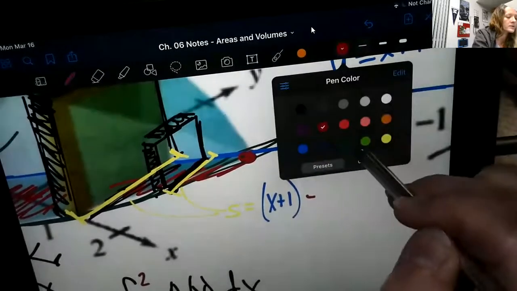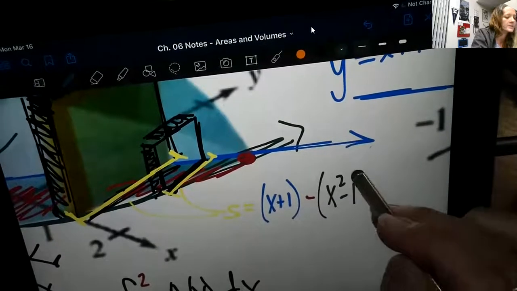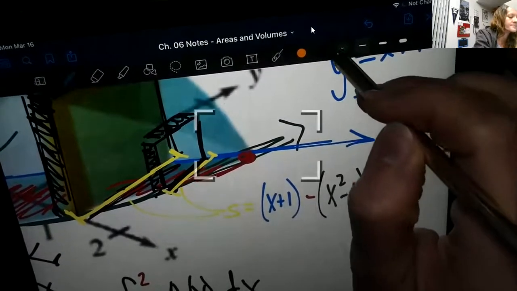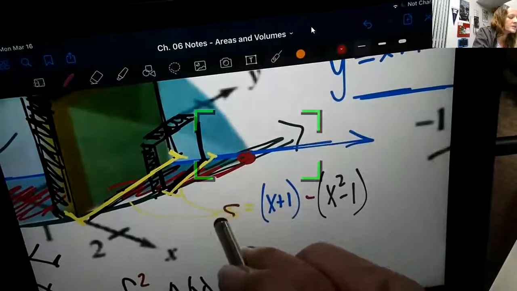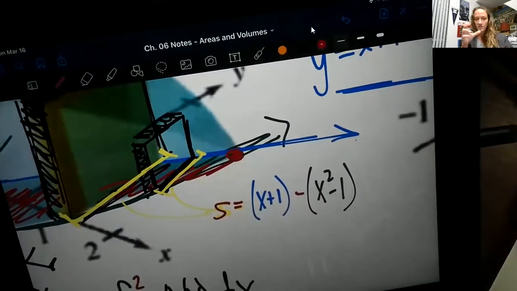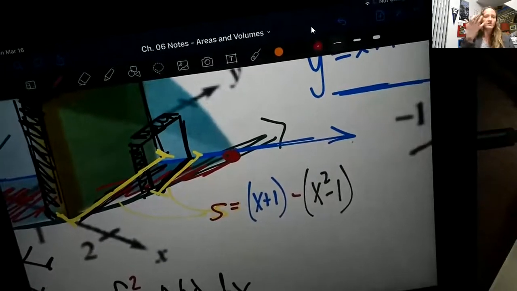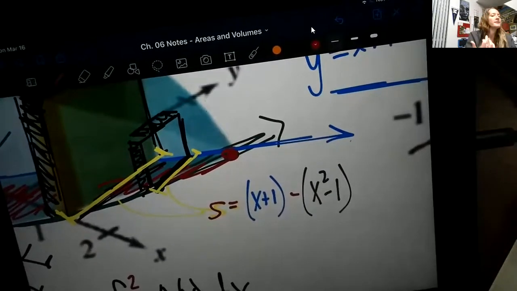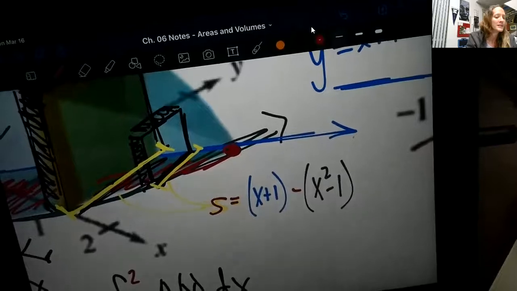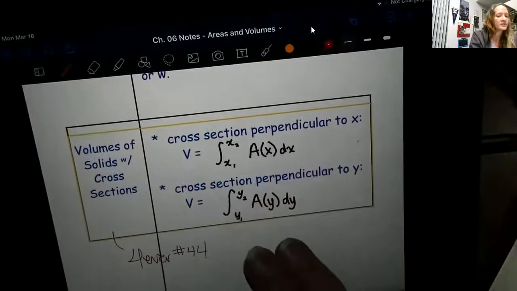The bottom is the green one, and the green one was my x squared minus 1. All of a sudden, I have an expression by just knowing that these figures are stuck within the curve. And since they're stuck within the curve, I can think of top minus bottom, and maybe similarly right minus left, to help me out, which means when I come back to these forever cards, now careful,